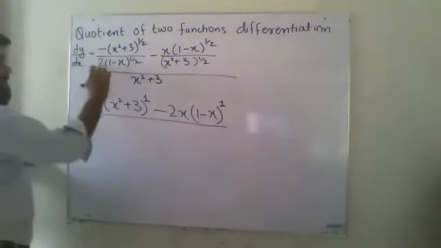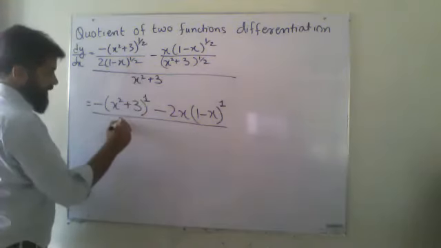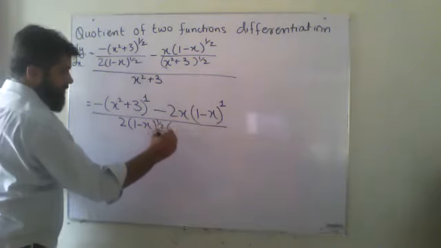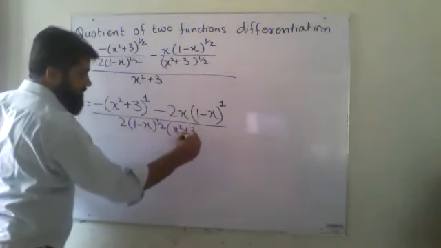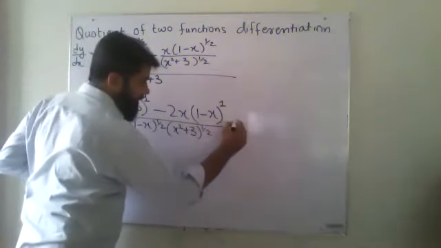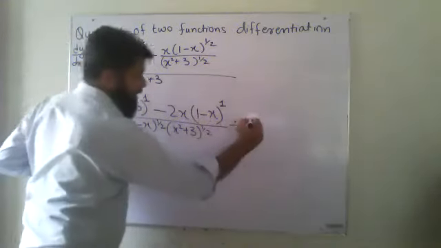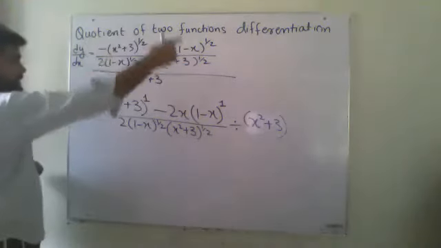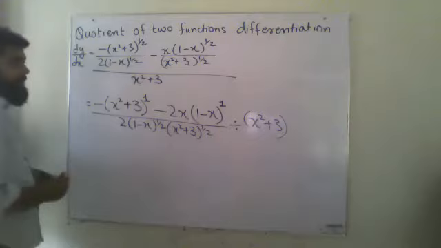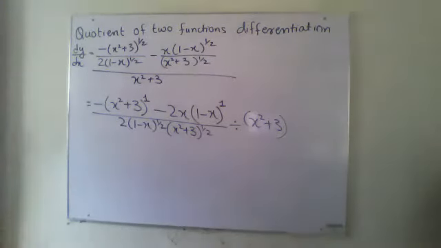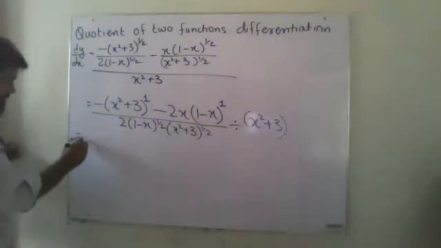All these will be written together: 2 (1 minus x) power half (x squared plus 3) power half, divided by x squared plus 3. This whole thing is being divided by x squared plus 3, so I have written it separately. Further simplification,